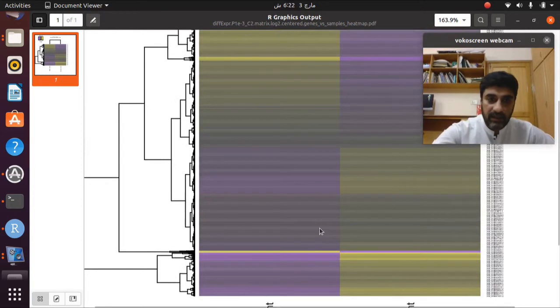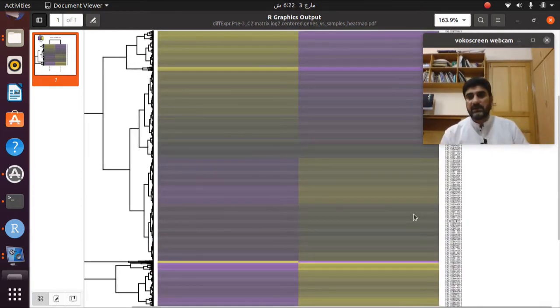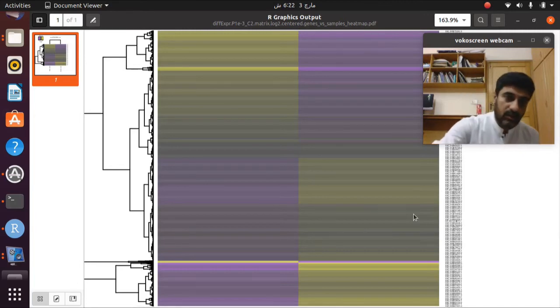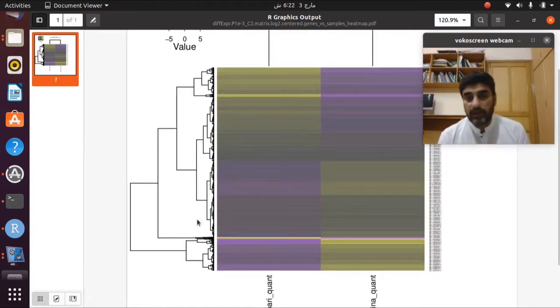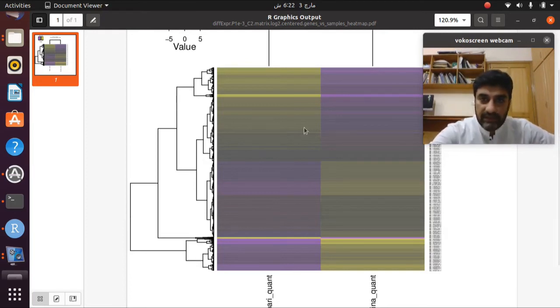Similarly, different other genes that have a similarity are clustered together. That is why we call it clustering and extracting the differentially expressed genes in the form of heat maps. So this graph is called a heat map.